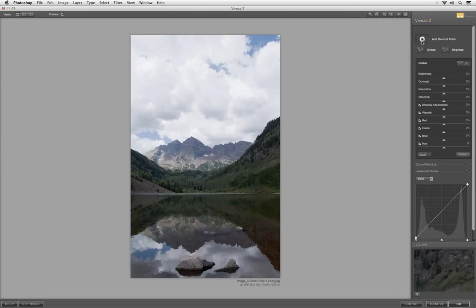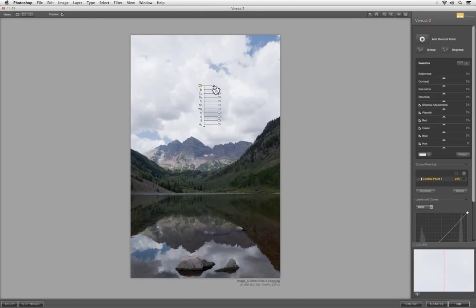So using these control points, I can selectively adjust all of these different objects, but without having to make any actual selections. I don't have to cut out the clouds with a lasso or a pen tool or anything like that. I can just simply drop a point, size my area of influence, which we're going to be talking about in just a minute, and then simply go into the adjustments panel here of the sliders and adjust brightness and contrast. I can desaturate those clouds if maybe they had a little bit of a skewed color, or maybe we're